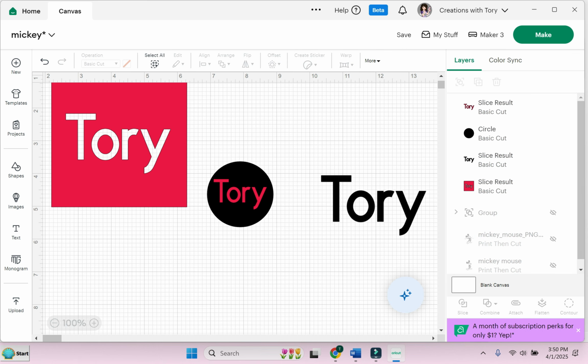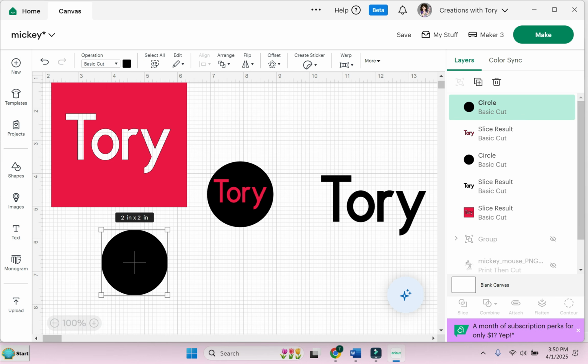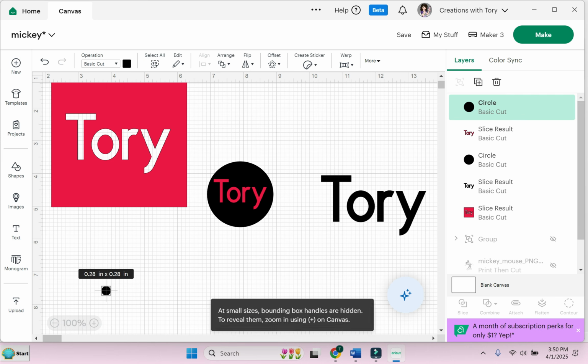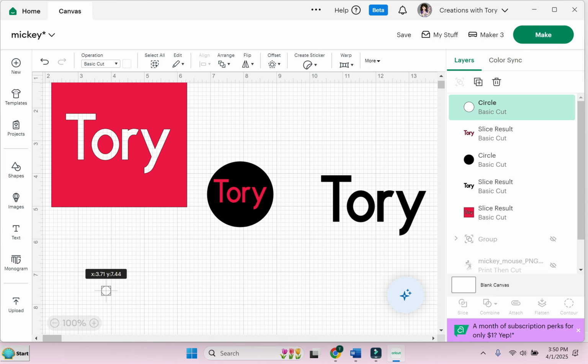Let's say I want to put a little circle. We're going to go ahead and do a little circle. Let's make it smaller, and we'll change this to white. Let's pretend that I want to make this into an ornament, so I want to have this part cut. So if I'm placing this over here and I select both of these, you'll see that